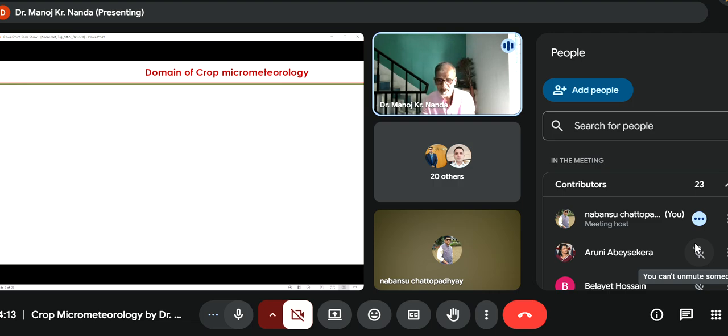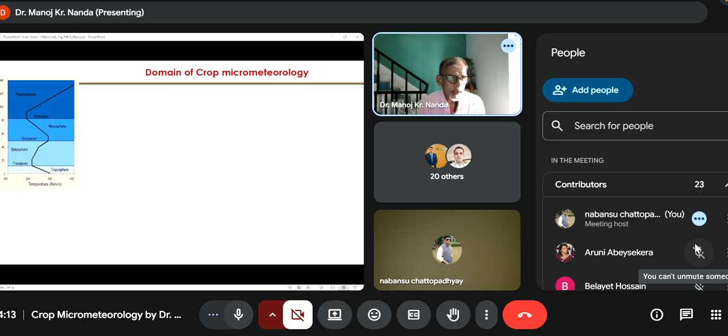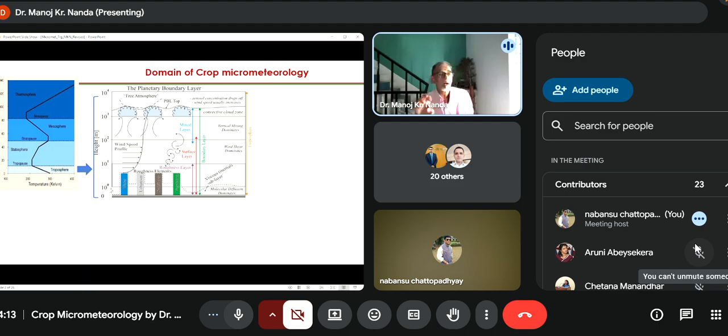But first, let us define what a boundary layer is. Now, where do we meteorologists stand? We know about the atmospheric boundary layer, that is, you can say, the total atmosphere. If you put it in different layers, it will be troposphere, stratosphere, mesosphere, thermosphere. These are simple things you know from your geography. Now, we in micrometeorology stand within a small part, the lower part of the troposphere,